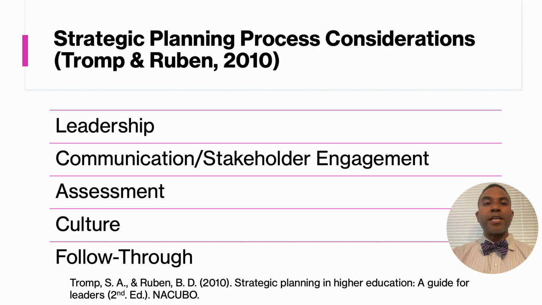Ideally, a strategic plan shouldn't be something that people hear about at the last minute. They should know what's going on. There should be opportunities for them to provide some level of input, even if they don't get to make the decisions about what's in it. There should be some dedicated plans to engage various stakeholders and to communicate with them. There's got to be some assessment. You have to know how the process of creating the plan is going, and then once you create the plan, how the implementation process is going.